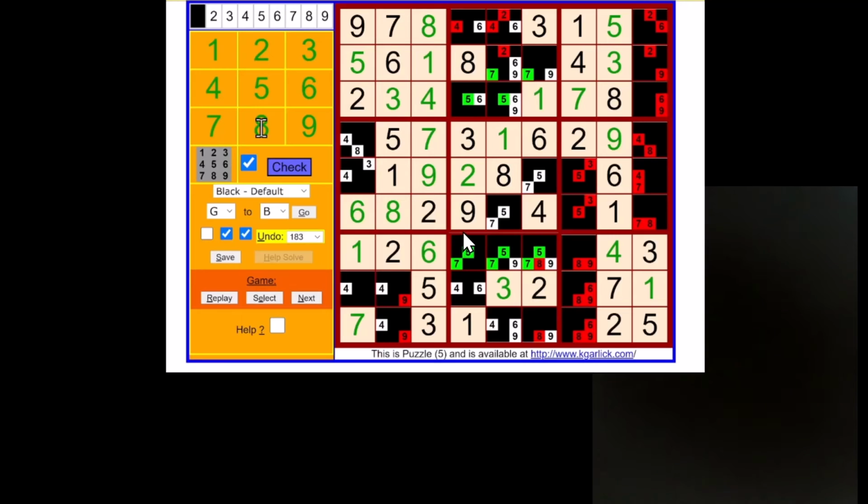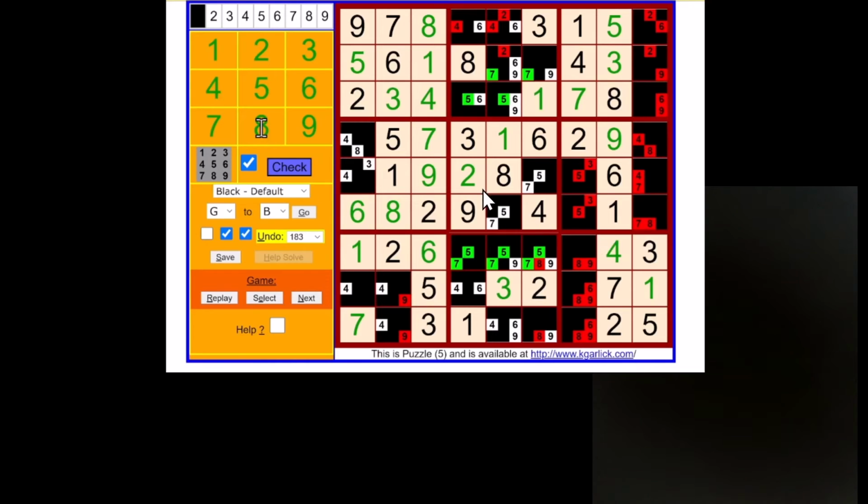One more thing I want to point out. Before I had told you that when there's a 5 and a 3, just two of them, that means nowhere else in the block there can be a 5 or a 3, so these could never be a 5 or a 3. This also is applying to this row, this column. Nowhere else there could be a 5 or a 3. And also,